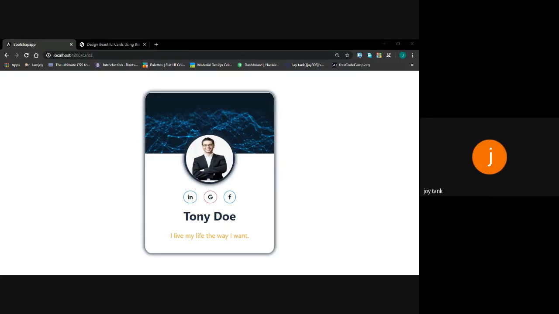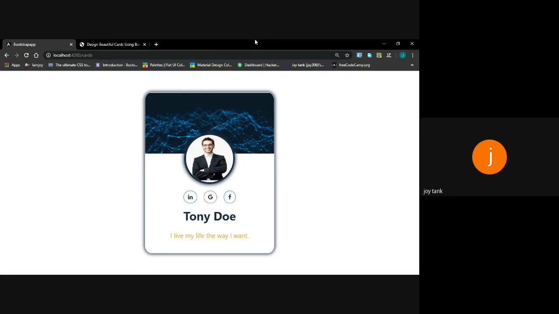Okay. So at last, now I want that when I am hovering this card, it should scale a certain distance. It should be zoomed, but it should appear something big.